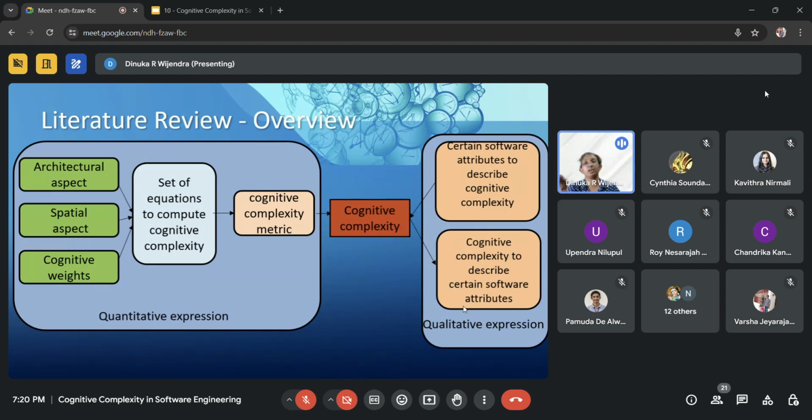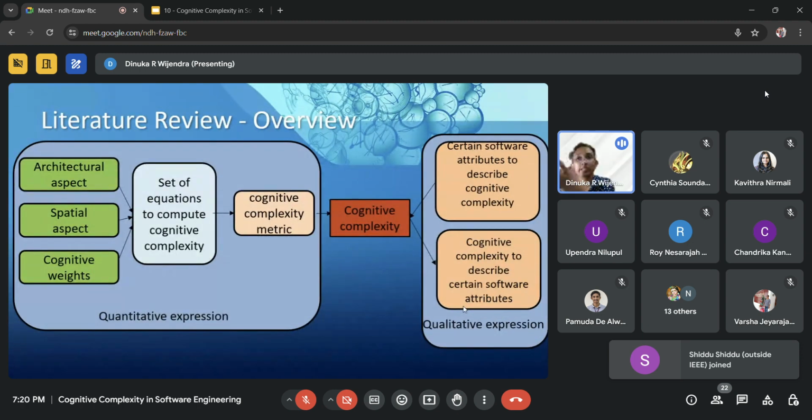On the other hand, on the right hand side, you can see cognitive complexity has been expressed in a qualitative way. Qualitative means they knew it cannot be expressed as a quantitative value, or that we can't just remove the personal factor, since it's subjective.